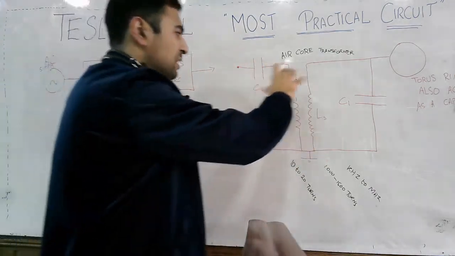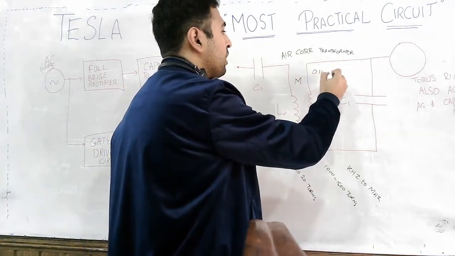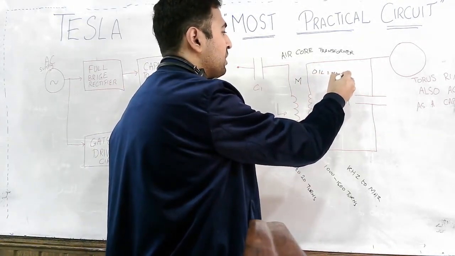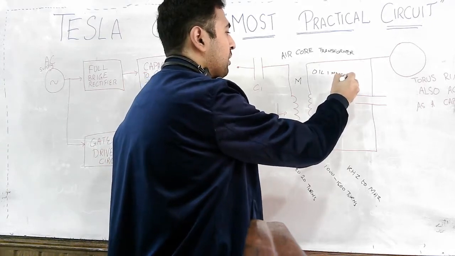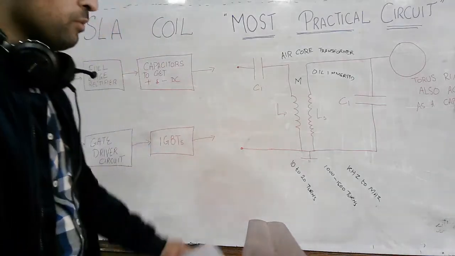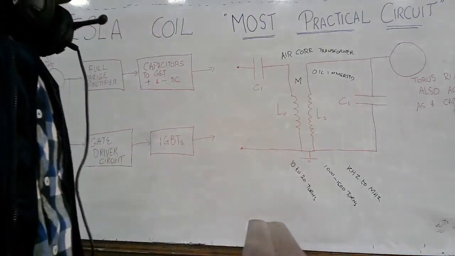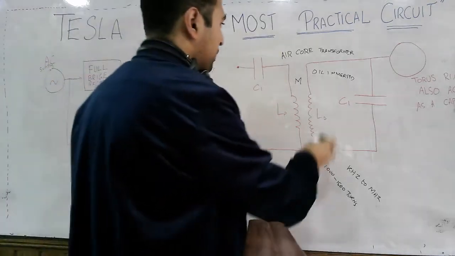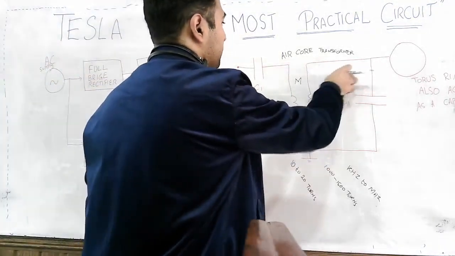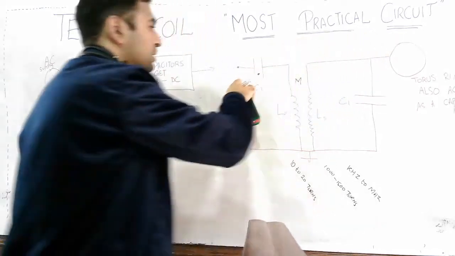Well, these inductors are oil immersed. Why do we immerse them in oil? Because of the cooling. We want proper cooling of these inductors. Okay, so as I told you the number of turns, and here you have the two capacitors C1 and